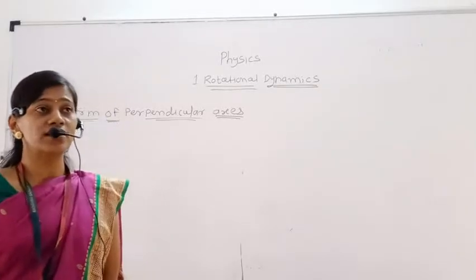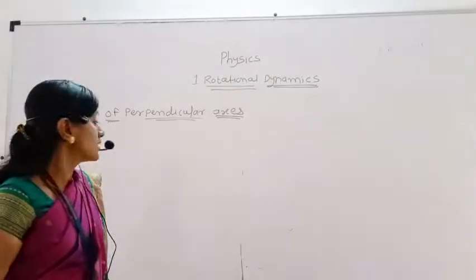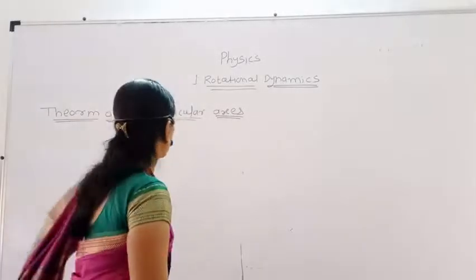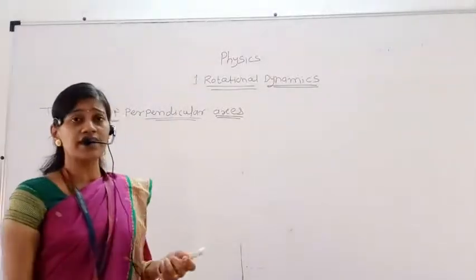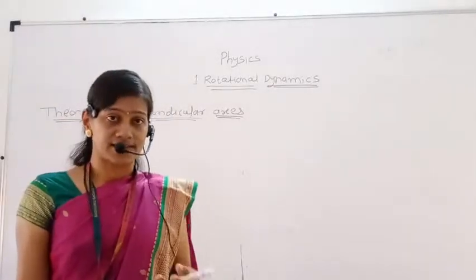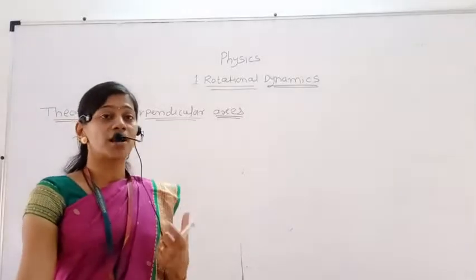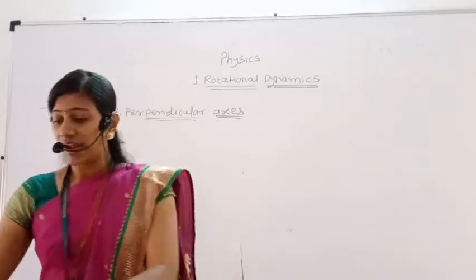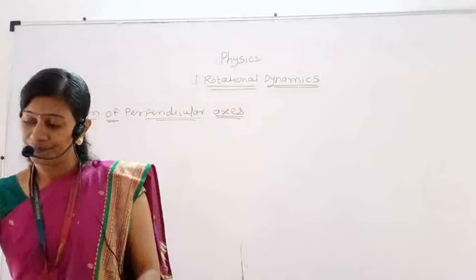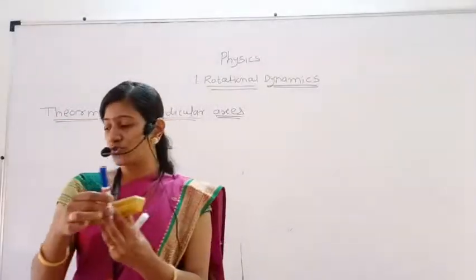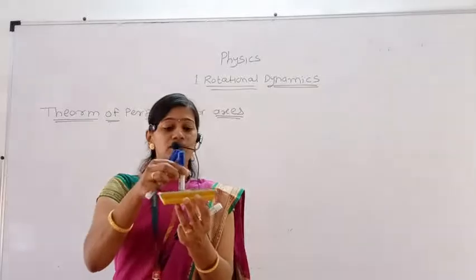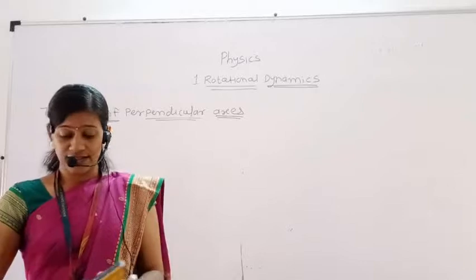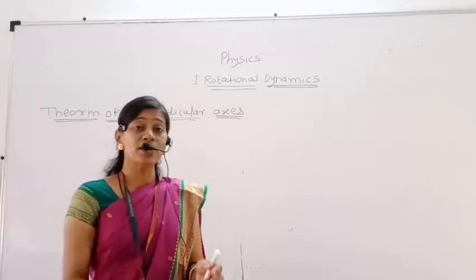See, today we are going to start a new topic, that is the perpendicular axis theorem. First of all, in this theorem we will understand the perpendicular axis. In the last theorem we learned about the parallel axis. One diagram was there, with an object, and in that object we took two parallel axes. One axis was passing through the center and the other axis was anywhere, no problem. So that we learned. Now in this case, the axes are perpendicular in the plane.